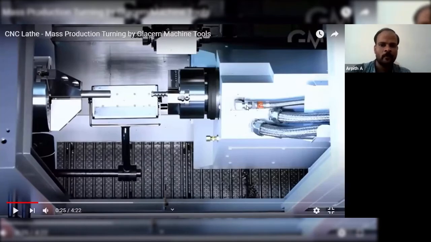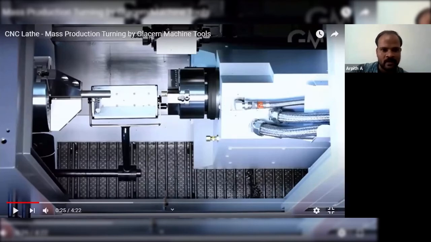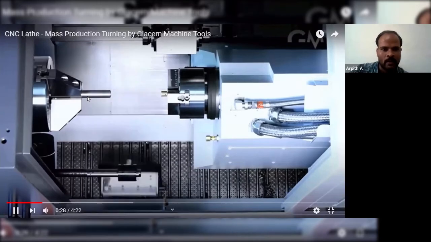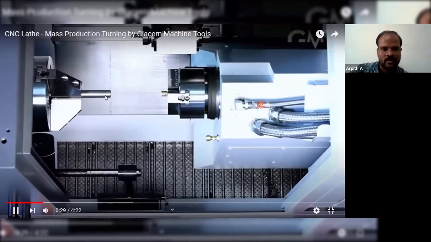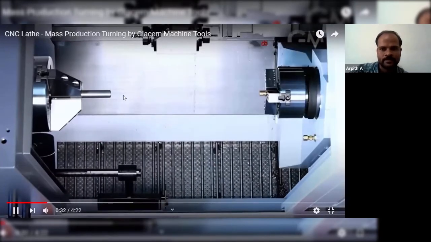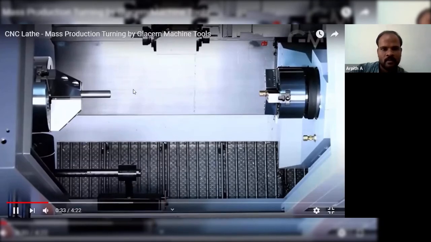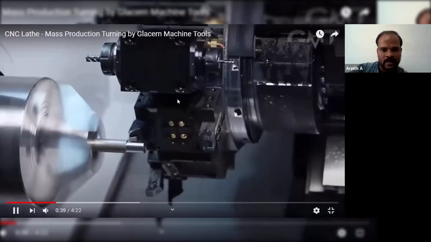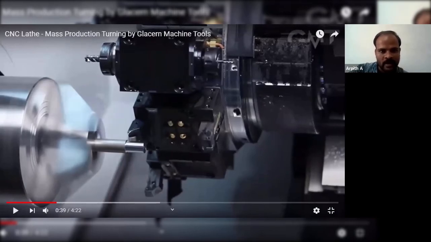I'm showing the top view of the lathe machine, the CNC lathe. Now this has one tool ejected. Now you can see it completely. This is the tool. I want to perform the operation on this. Now what it does, this has come up. This is the one. You can see this. How many tools are here? This is one tool. This is one more tool. You can see this is one more tool.